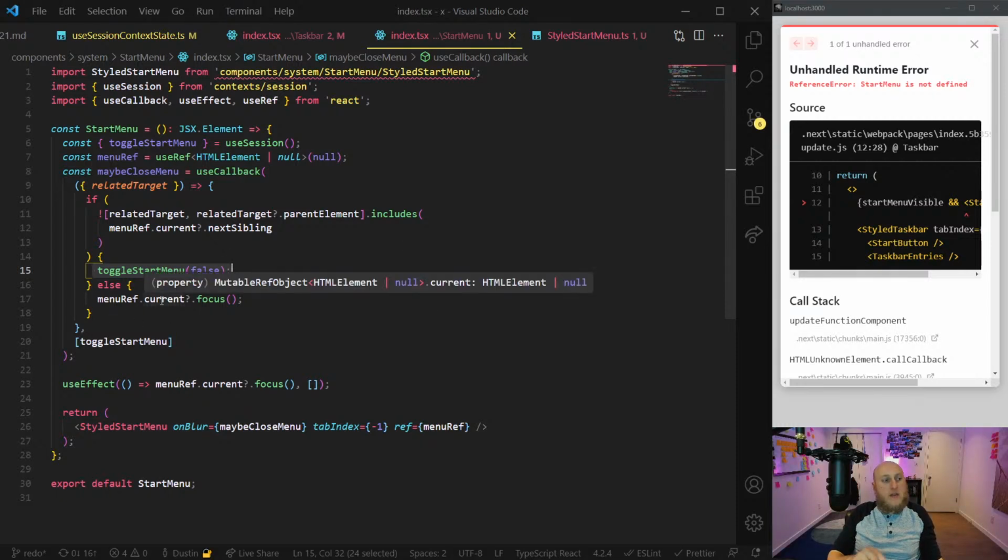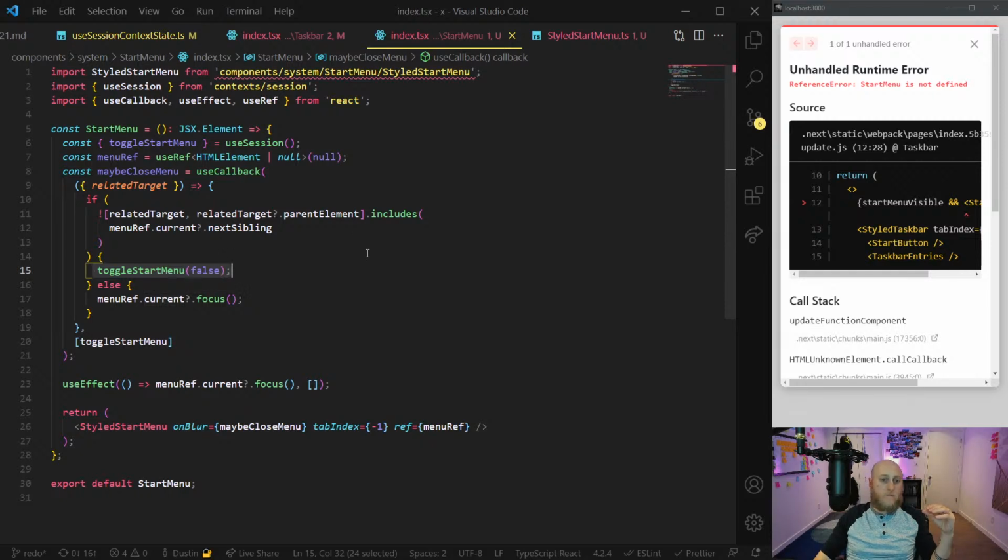Right, I also want to make it so that when you click the start button, that doesn't count. The reason I have to clarify that case is because the start button is part of the taskbar. So typically, clicking the start button would also act like how I want the taskbar to act, where it wouldn't close, basically. And we don't want that.